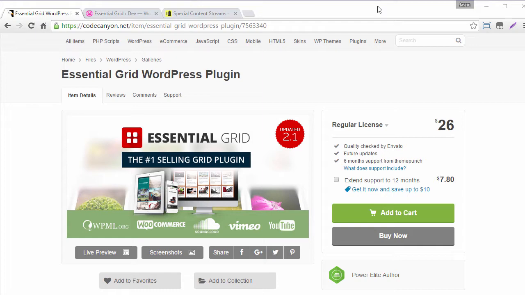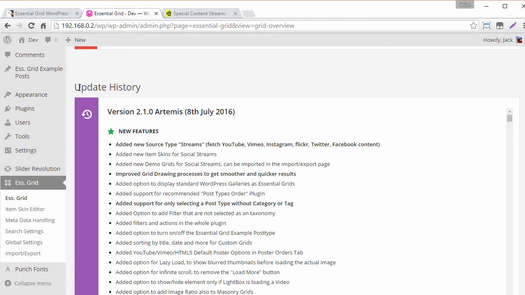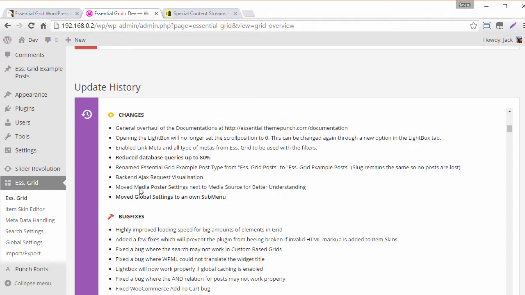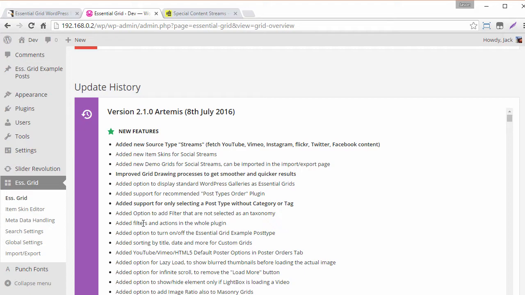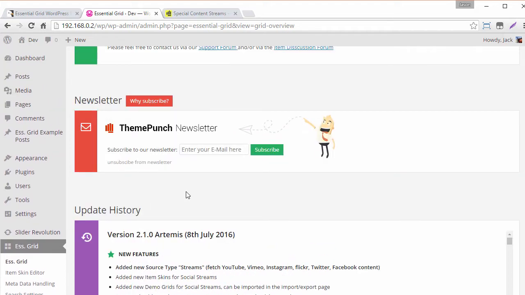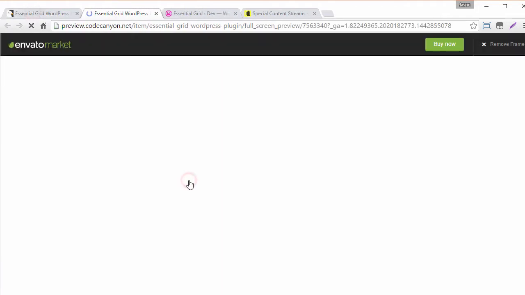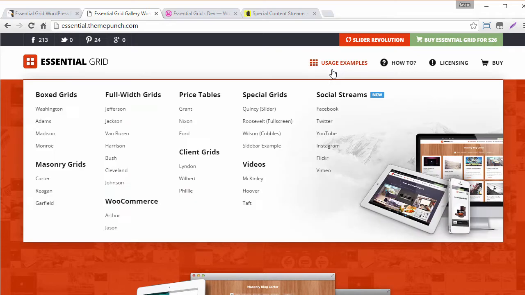So version 2.1 is out for Essential Grid, and if you happen to update already, you can review the update history, and that lists all of the new features, the changes, the bug fixes. And today I'm going to go through some of the important changes and some of the cool new features with version 2.1. So starting off, if you head over to the preview,